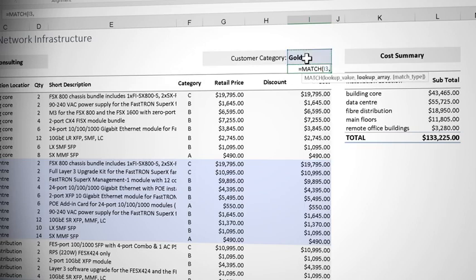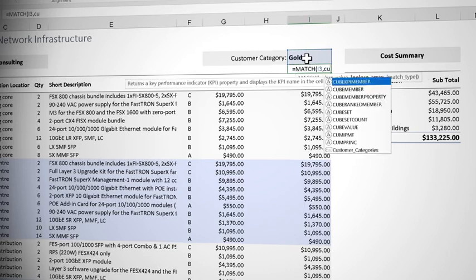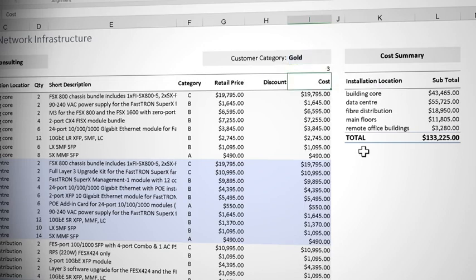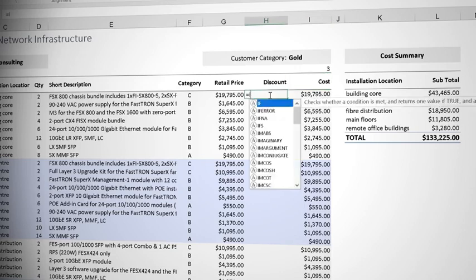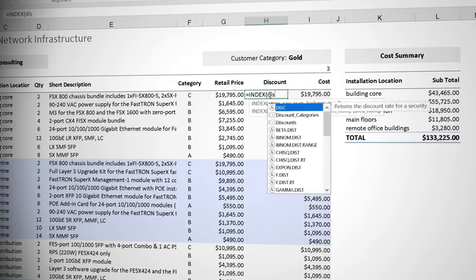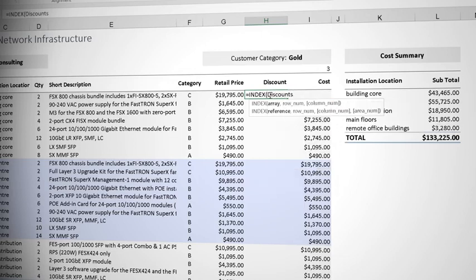And our lookup array is our customer categories. So we're just going to type CU and choose customer categories, and then of course make it an exact match. Close your brackets, and if you remember, gold was in column 3, so when we click enter, there we go, column 3. We now need to do the rest of our index match. So I'm going to click into H6 and we're going to type equals IN for index and tab. You will recall our lookup array was called discounts, so I'm going to type DISC and select discounts